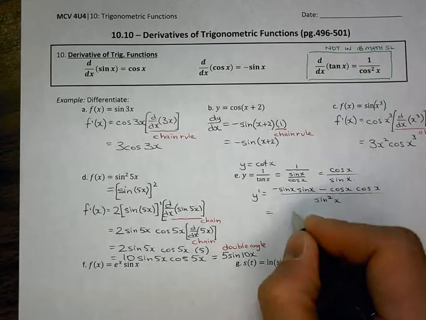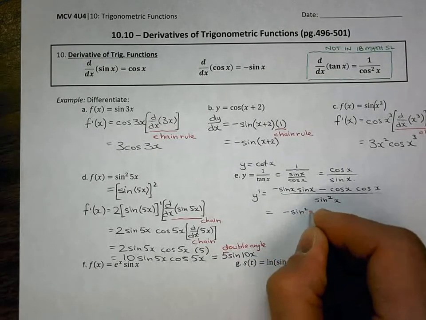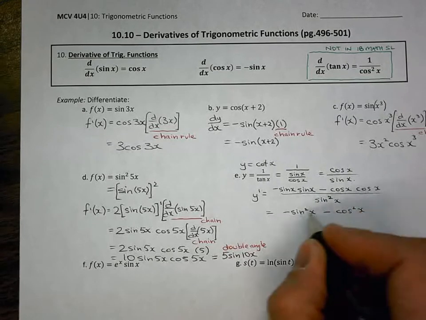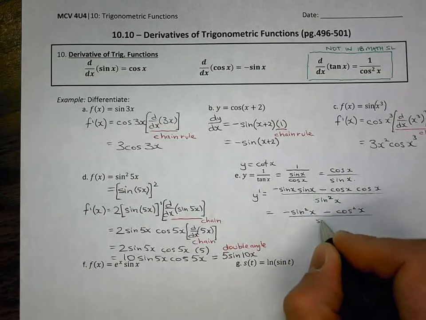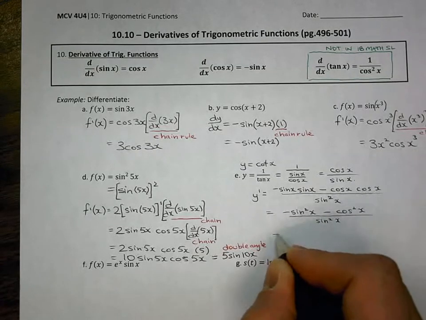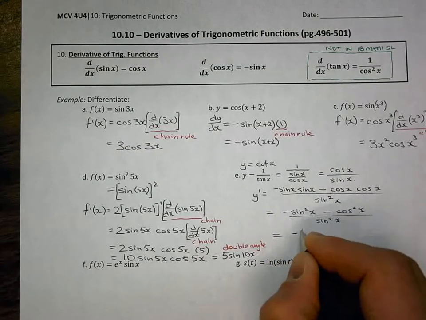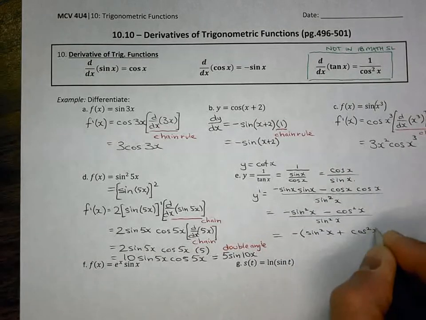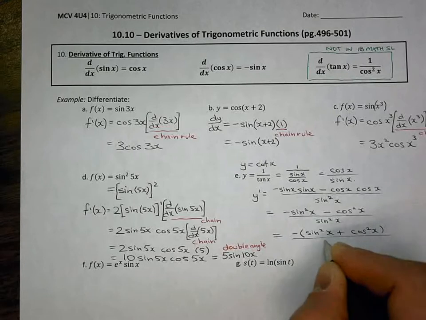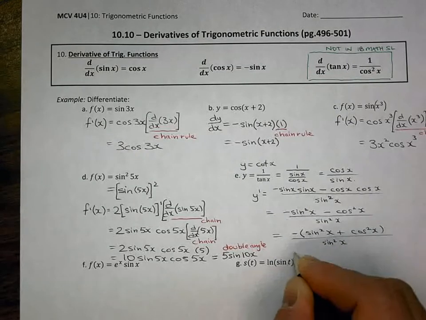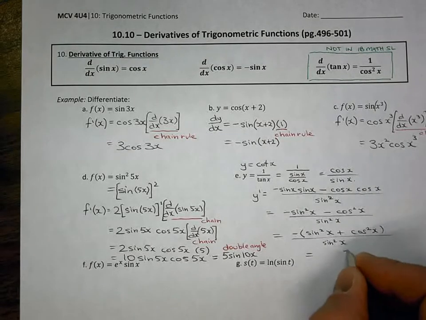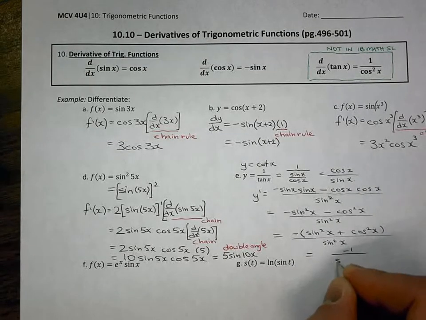And now I end up with negative sine squared x minus cos squared x over sine squared x. If I factor out a negative, I end up with sine squared x plus cos squared x over sine squared x. And if I replace this using my Pythagorean identity with 1, I get negative 1 over sine squared x,